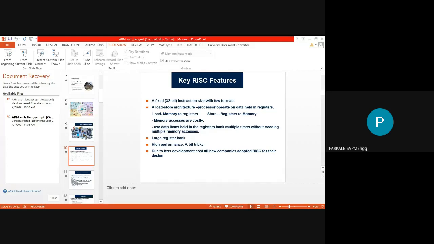Now the next feature is the cache. That means your ARM 7 will use a cache memory depending on the implementation. Next feature, ARM 7 uses a von Neumann type of bus architecture that we have seen, where the data bus and the address bus are common for both the program memory as well as data memory. And the Harvard architecture is implemented in the ARM 9 type of processor, where the speed of execution is much higher. Okay, we have seen that.